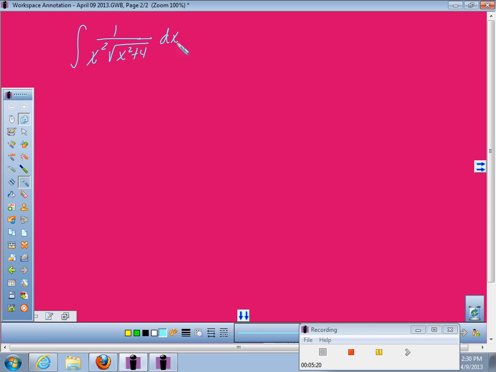I have one more full problem to do, and then I'm going to show you shortcuts. Oh, let's do shortcuts first. No, I shouldn't say shortcuts. What to do when you get the problem down to a point and you're trying to get those thetas back into x's. There are different situations that can happen when you want to get the thetas back into x's. And so I need to